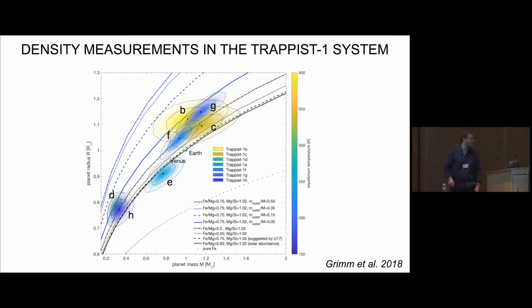These density measurements, the fact that we have 7 density measurements for different planets, although now the error bars are still huge, in the future we would expect them to go lower, lower, and lower. We can start to make some predictions on what kind of atmosphere may leave some signature on this diagram, what kind of things we could see. For example, if the planets follow the same interior composition, what can we infer from that? Or if the 6 planets follow the same interior composition, but only one planet in the system has a much lower density, what can we infer from that?